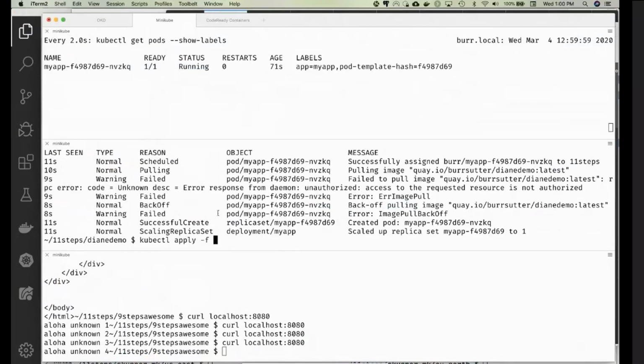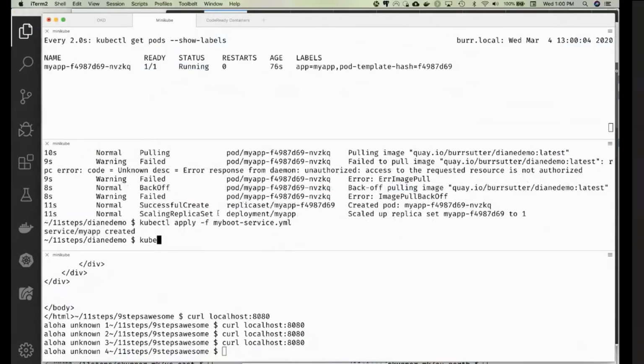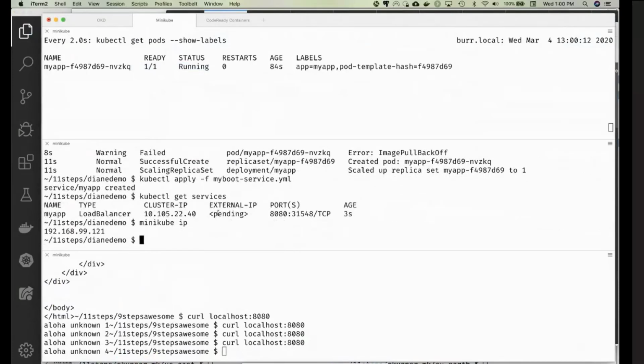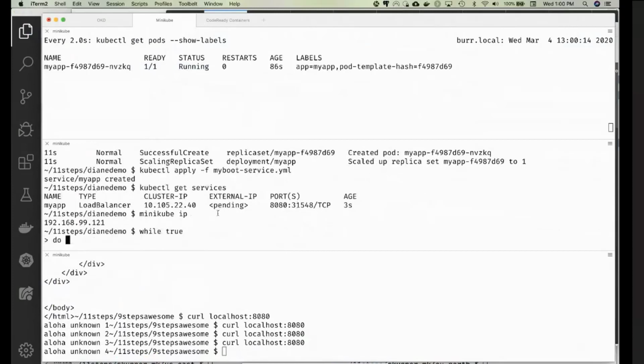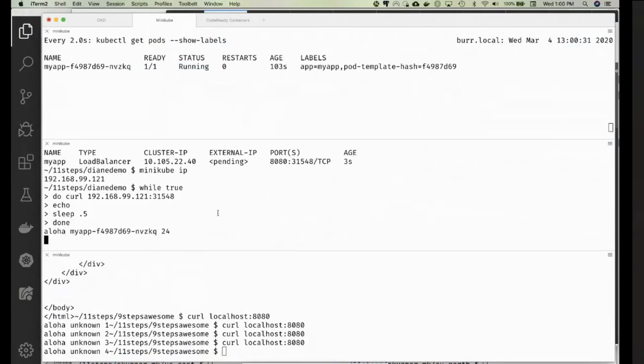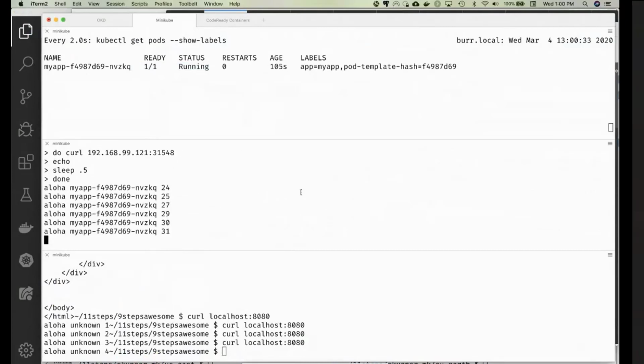So let's actually go get our service up there. This thing is still called my boot, even though I changed it. Okay, kubectl get services. Okay, minikube IP, because I can't remember what it was. Okay, it's 121. So again, while true, do curl 192.168.99.121:31548. I think I did that right. Let's put an extra echo in there, sleep it for a little bit, and done. Did I do that right? Fantastic. So there's my application,